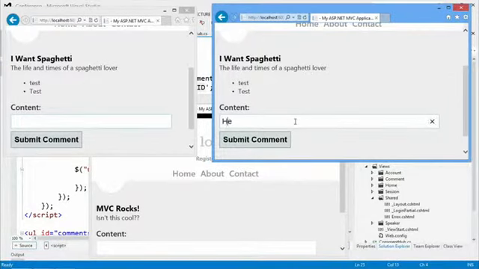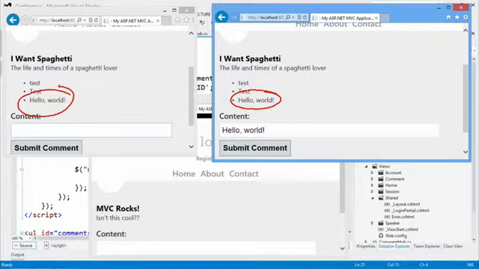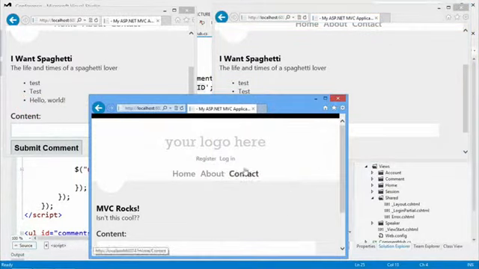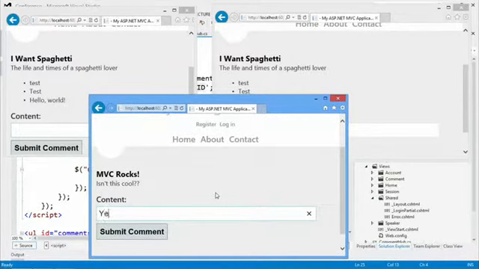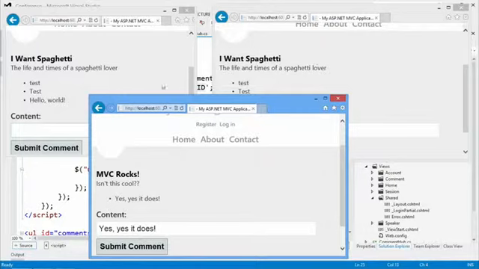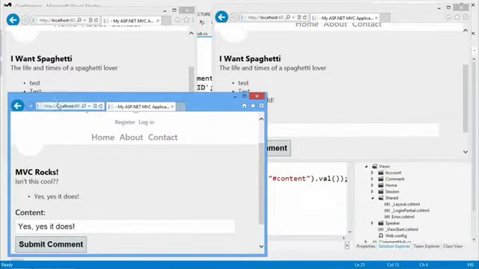So let's go ahead and hit Hello World, and you'll notice that Hello World has now appeared here. It's now appeared over here. Just that simple. And you'll also notice down below that if I type in something for MVC rocks, yes, it does, and I hit submit comment, you'll notice that it will show up on this screen, but again, nowhere else. And if we go one step further,